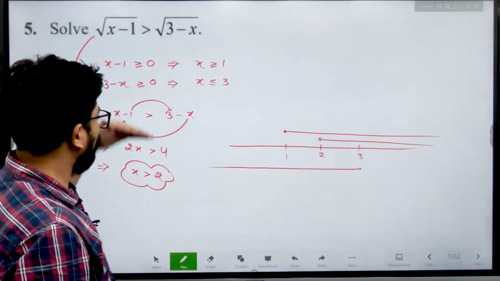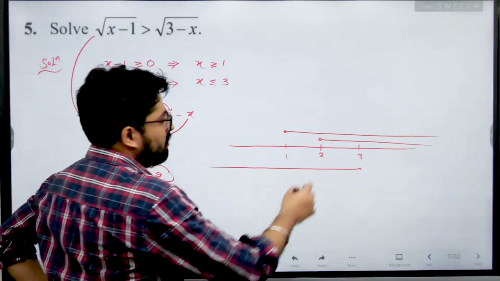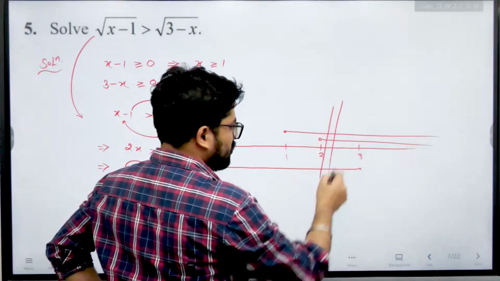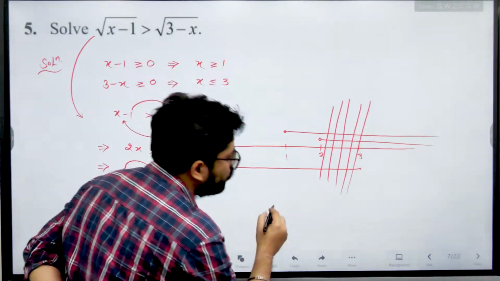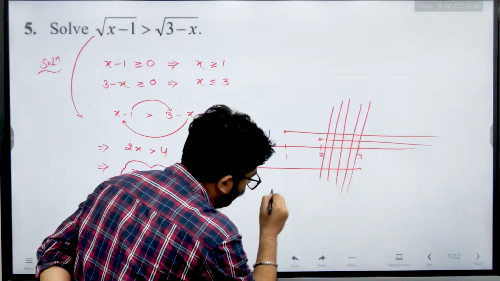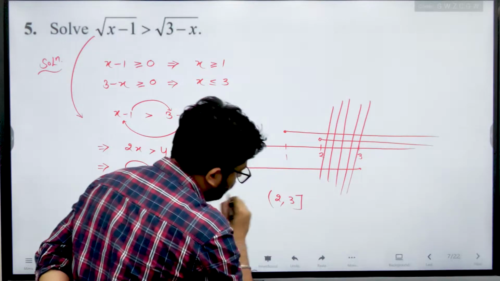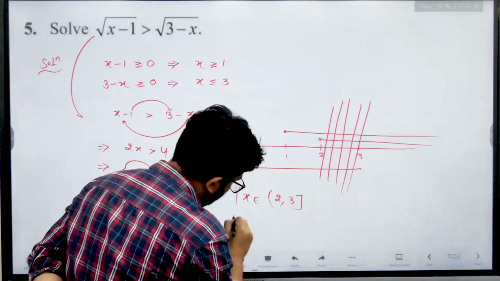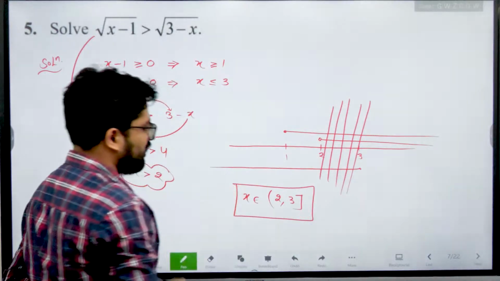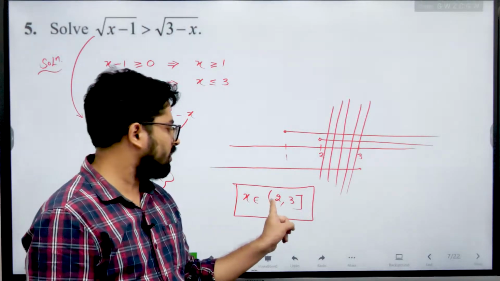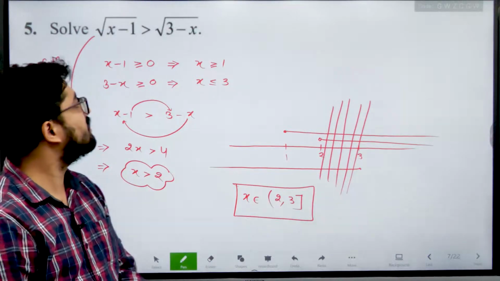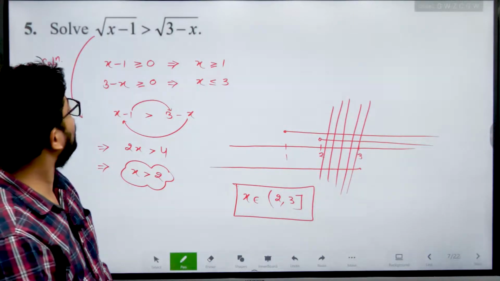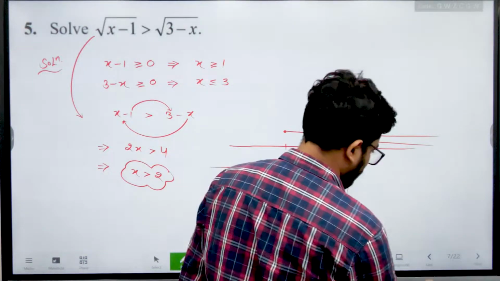So you have to satisfy all these three conditions simultaneously, so it means you have to take the intersection. The intersection contains these points, that is the collection of values of x, where x belongs to 2 open to 3 closed. So this is the answer. Got it? Now the next one is,